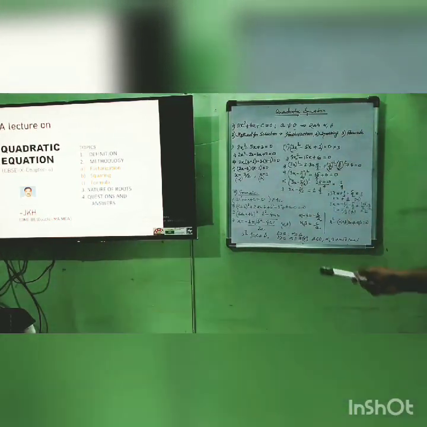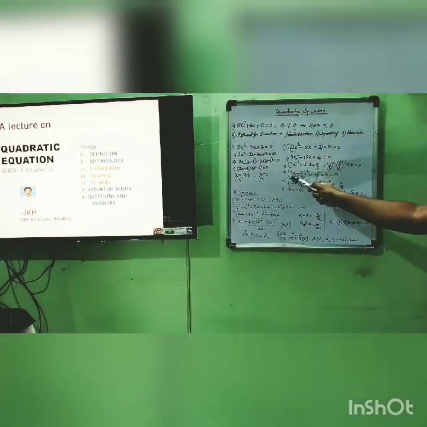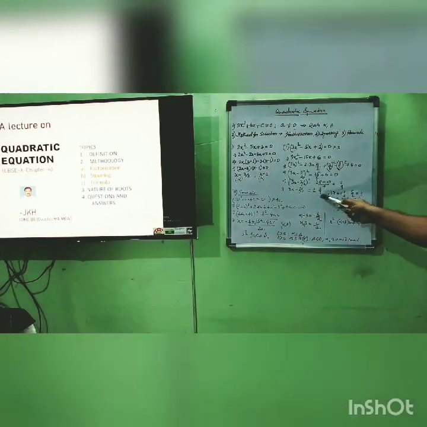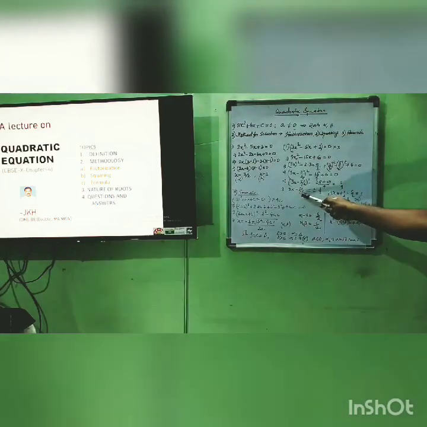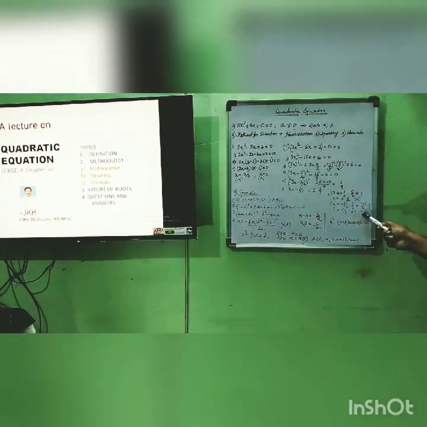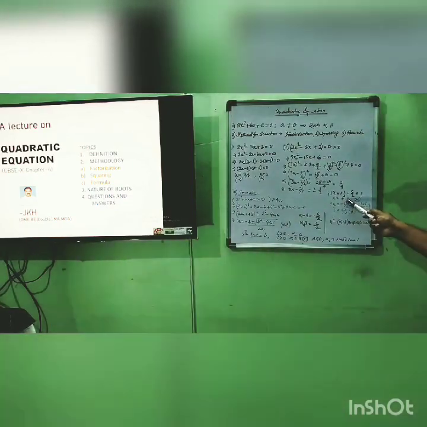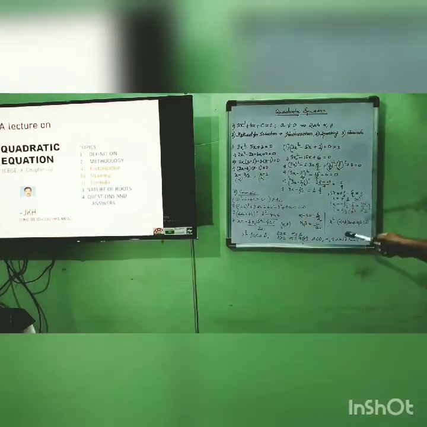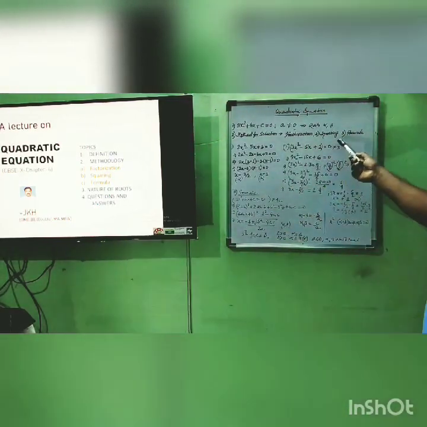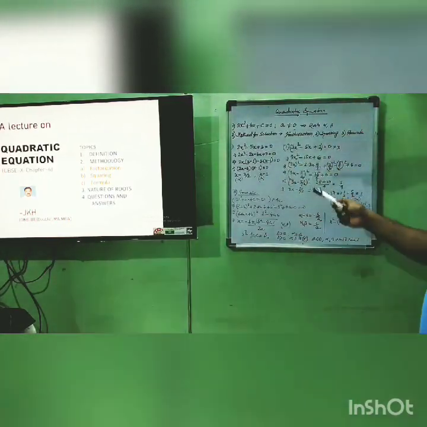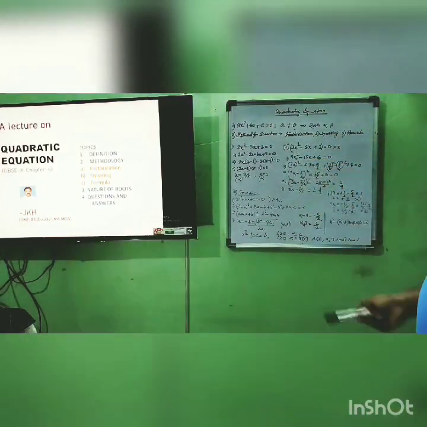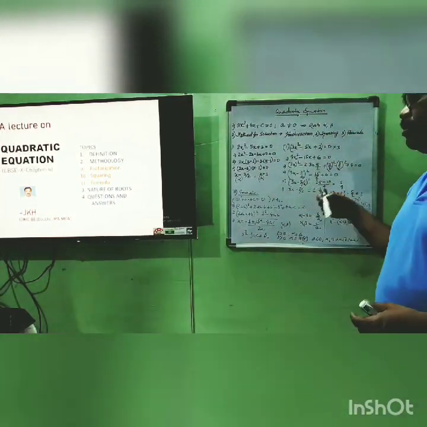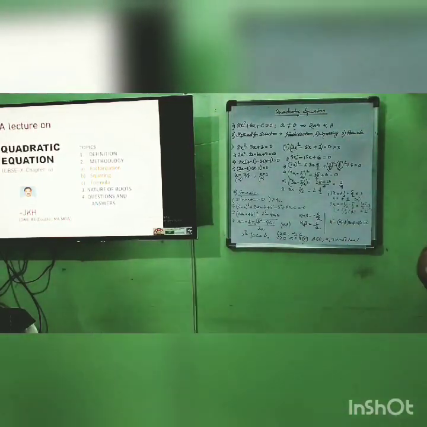So up to this will be a minus b whole square. So from a minus b whole square equal to plus minus value, from this you can find out x equal to 1 and another x equal to 2 by 3. Likewise, alpha and beta you can find out. Remember, after finding out this alpha and beta, if you put these values in the left side of the original equation and you get the value 0, that means you have solved it correctly. You can check whether you have got the values correctly or not.